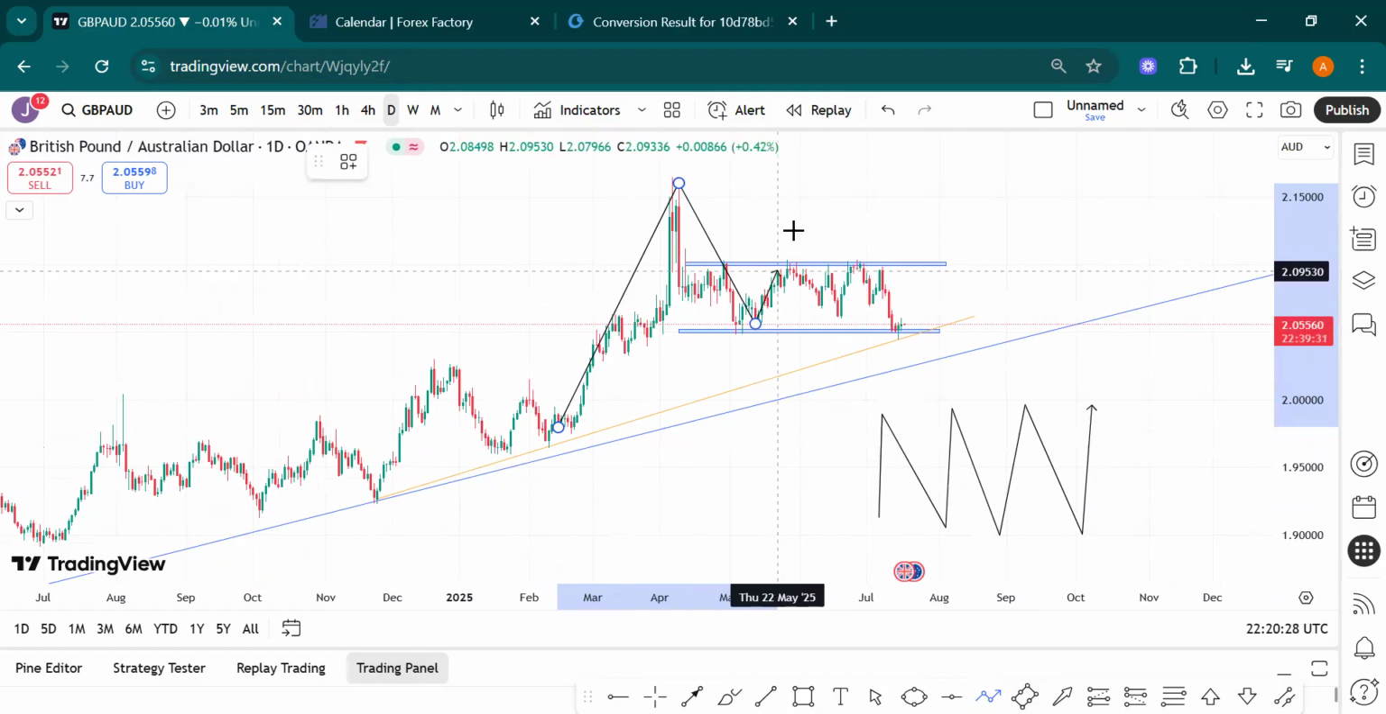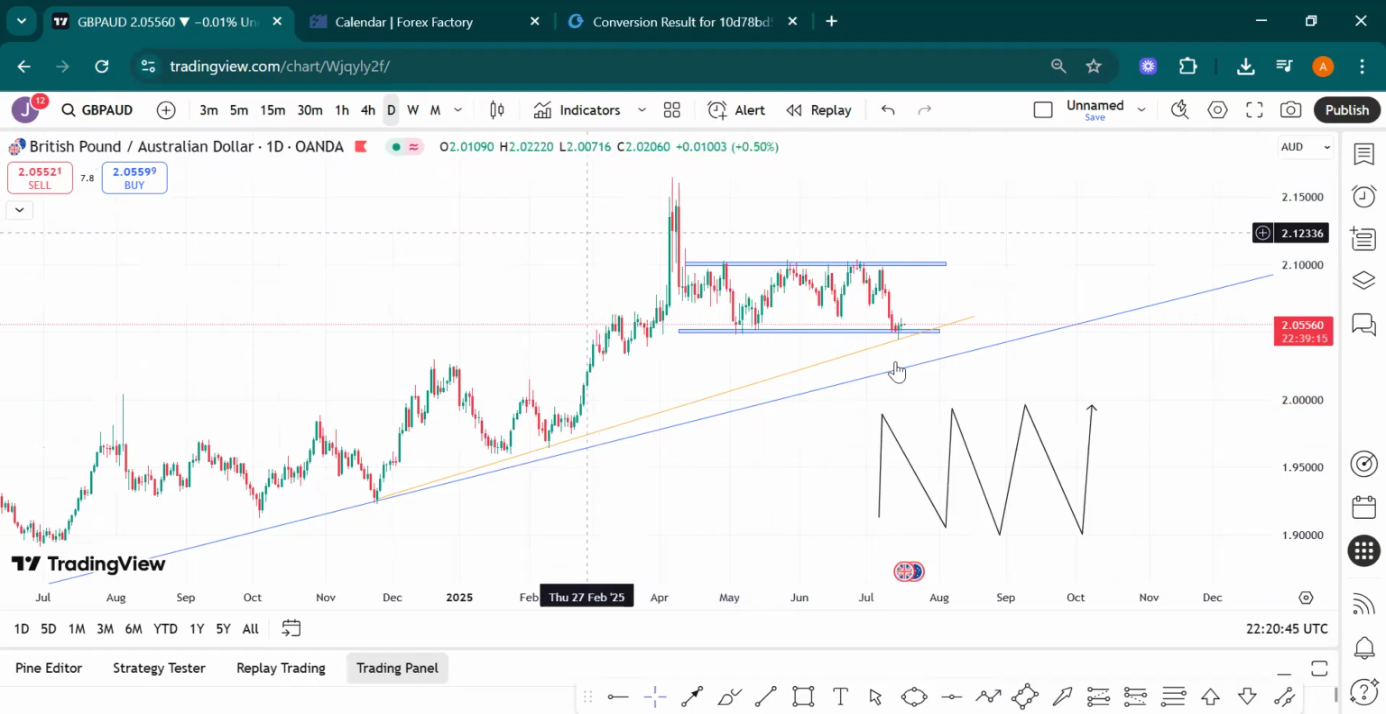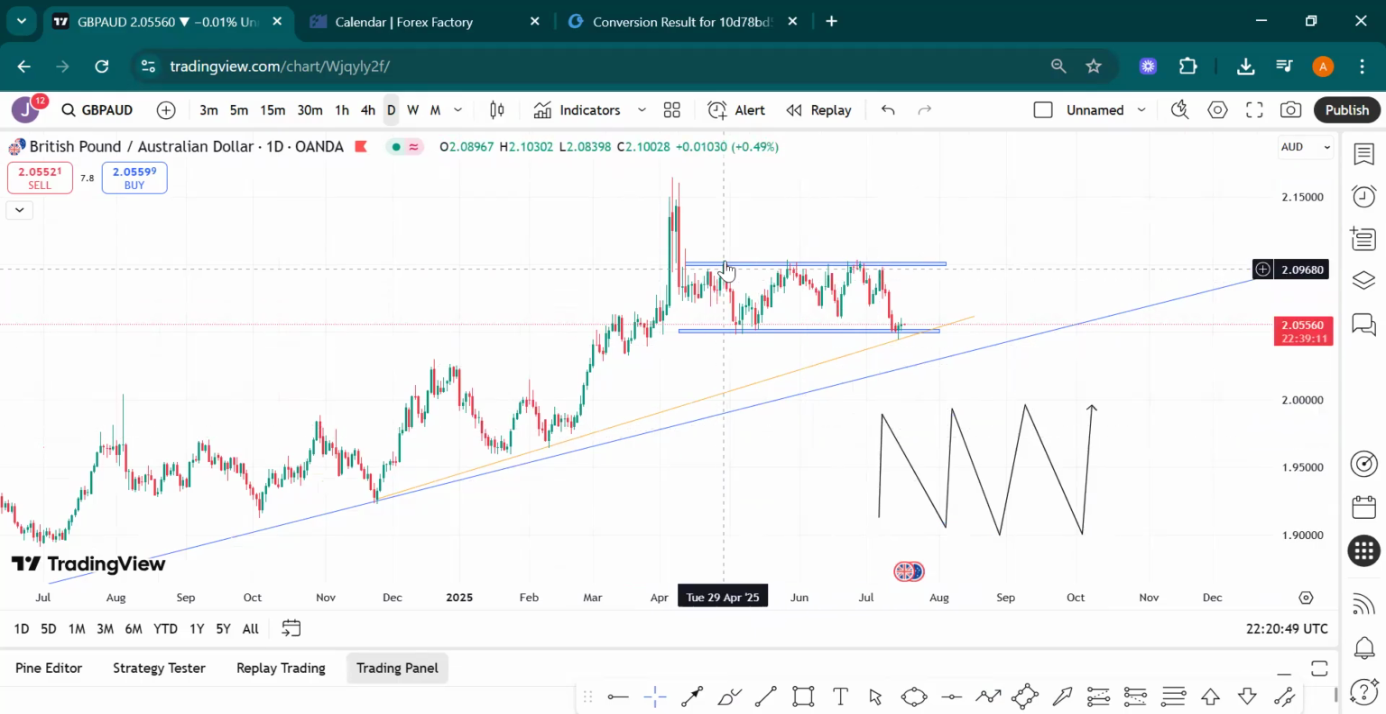Now, instead of going back up to make a higher high, the market is currently ranging, still trying to decide if it will go up or downwards. However, because the market is ranging, we can as well apply the rule for trading a ranging market. Now, to trade a ranging market, we usually sell from the resistance and then we buy from